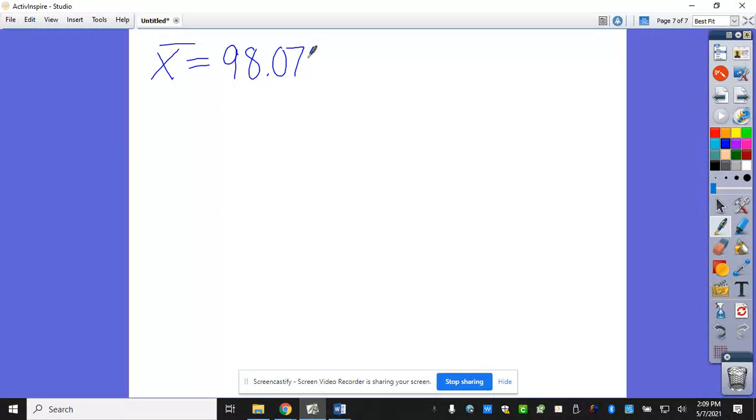98.0769. Yes. And then we also need S, not sigma, and you get what? 4.2123. Yeah. Alright, so we get that just out of one variable stats, we'll type in those numbers. The other stuff it gives me is, my N was 13. It gave us a confidence level of 95%, which